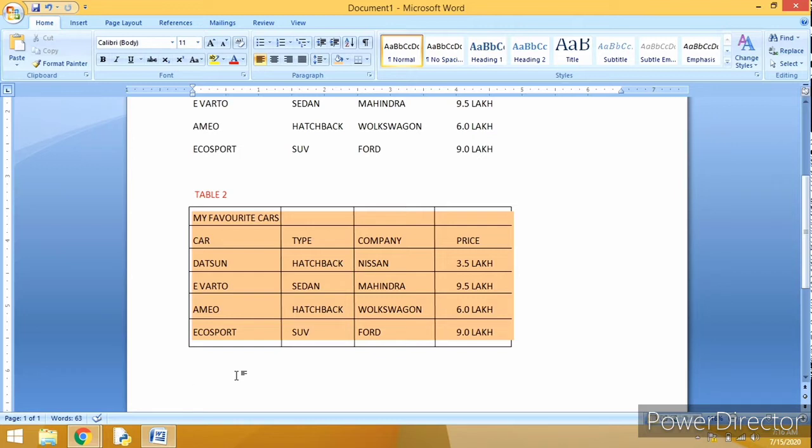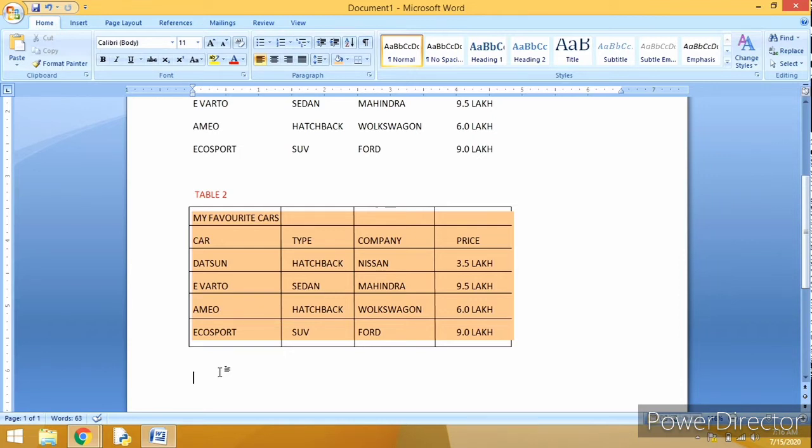Now the very first thing is, when we are talking about the table, the table makes the data identify the information very clearly, isn't it? Once you represent any information in a table form, you are able to recognize the data very easily.